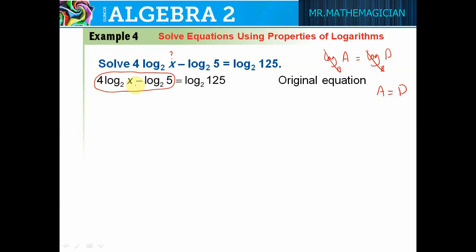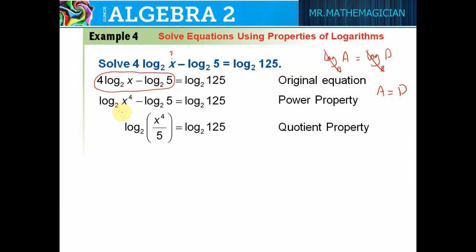How can we do this? Let's see. First, we will take this number to the power, means we will reverse the rule. So it will be log x power 4 base 2 minus log 5 base 2. So this is the reverse of the power property. Now I will reverse the quotient property. This is minus, so I will get it back to the division, to the quotient. So it takes this shape, log x power 4 over 5 base 2 equals log 125 base 2. Now we succeeded to make it log equal log, so we can cancel the logs,